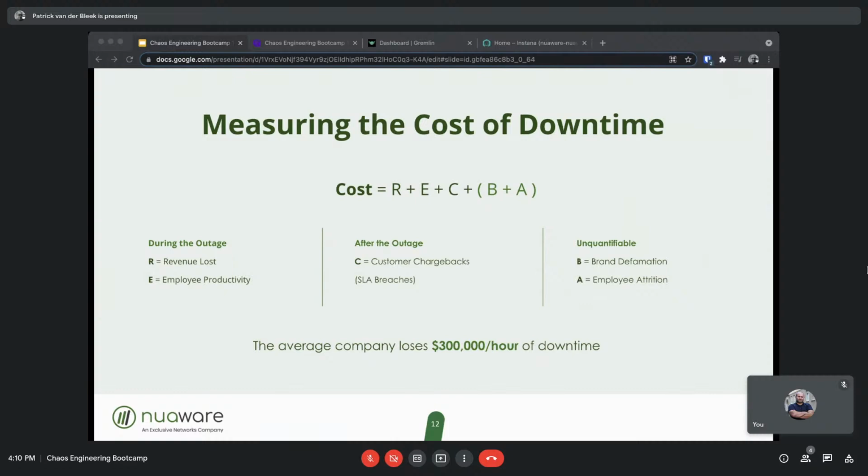Does your employer have SLA agreements in place with your customers? That might mean that they will have to provide them with chargeback for that outage. And what about the unmeasurable ones like brand defamation? You're losing customers because your services are interrupted so often. Or employee attrition, because they get burned out by being paged during the week, during the night, week after week. At some point in time, they're going to start looking out for other jobs which are going to provide them